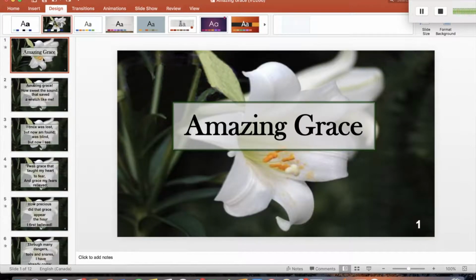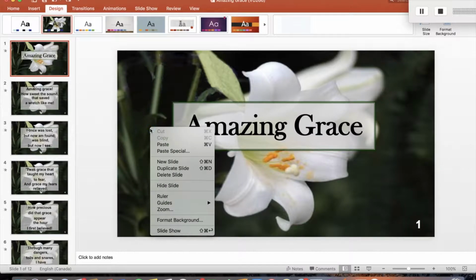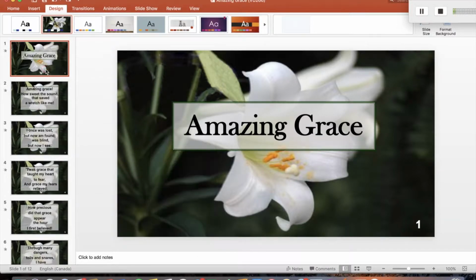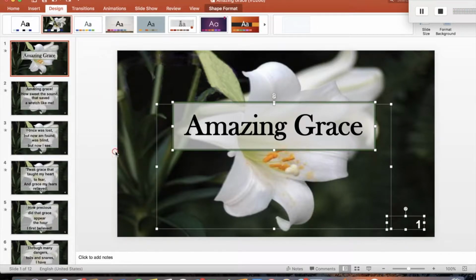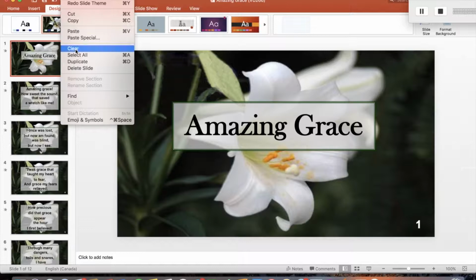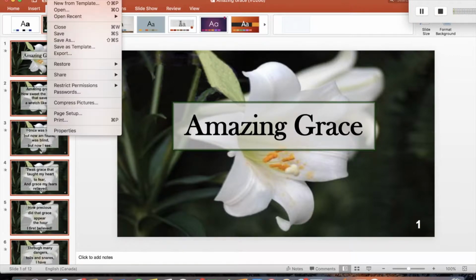And so what I do, to make your life easier when it comes to editing, is I copy the whole thing this time. So I go edit, select all. Oops, sorry. You want to make sure that it's the slides that you're selecting, not the boxes. Anyways, so you go edit, select all, edit, copy, then you go file, new presentation,